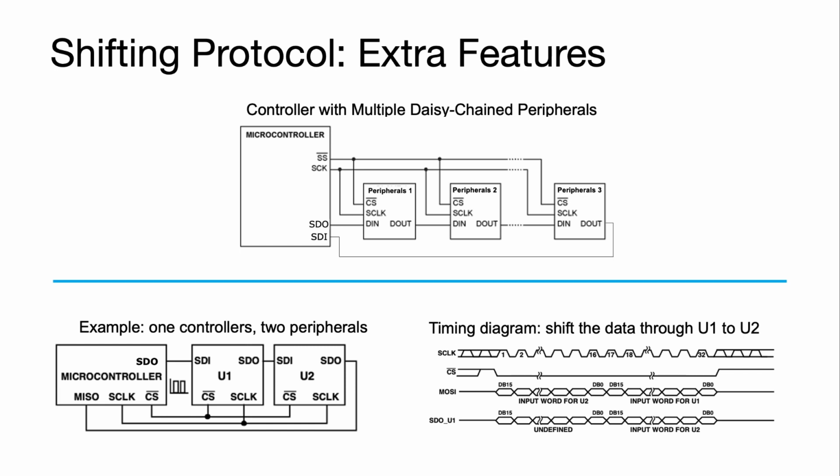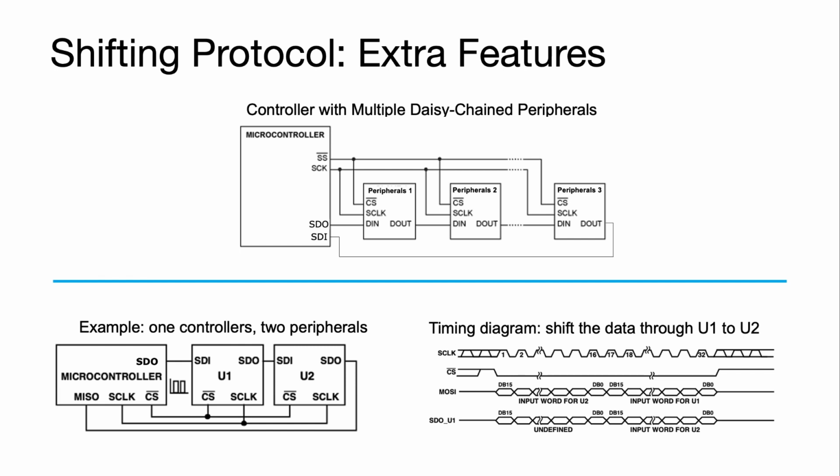So what's happening here is that you're using these shift registers to shift data all the way down through the line of peripherals, and you didn't actually have to have more chip select lines. So that's kind of nice. Especially if you have 100 peripherals, you don't want to have 100 chip select lines. So one common place that this happens is